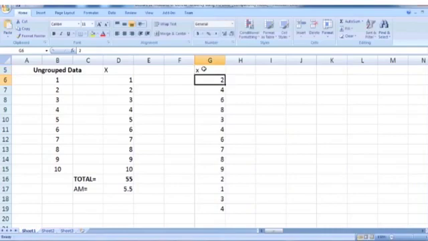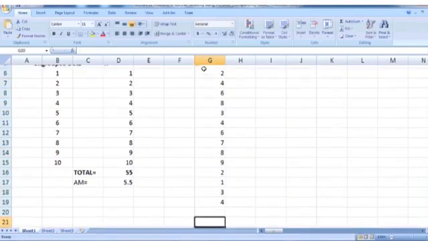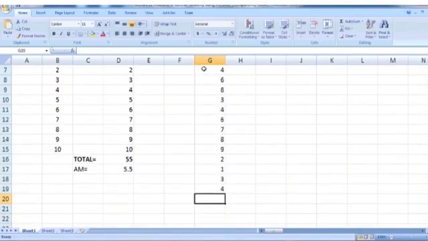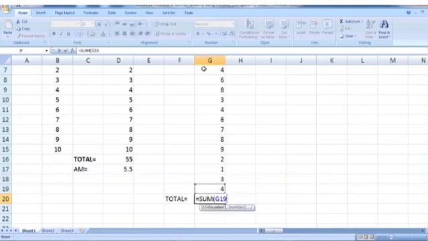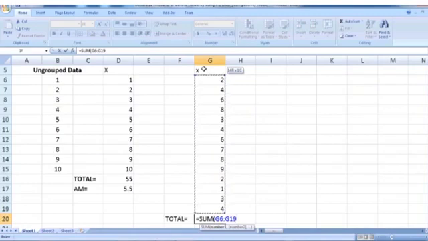So label it as X, and then in order to calculate arithmetic mean, so just mention here total, which can be obtained by using the sum function summation X, which is sum of G6 to G19. Press enter.